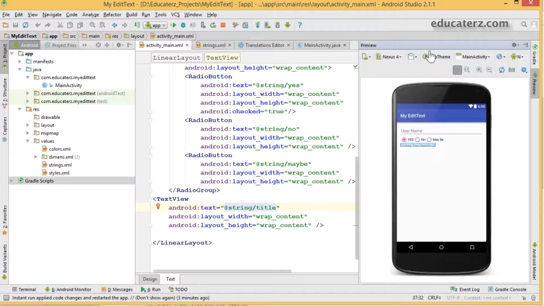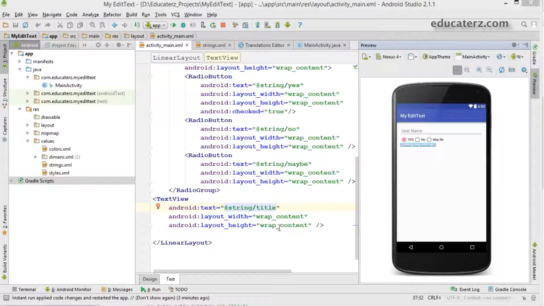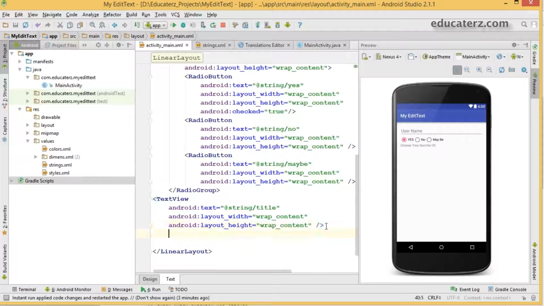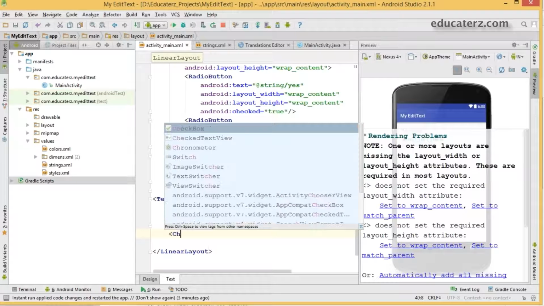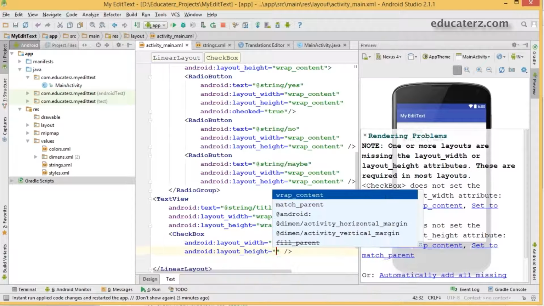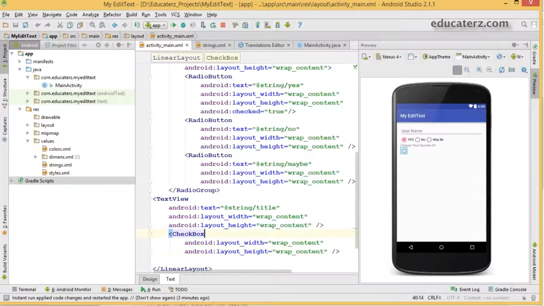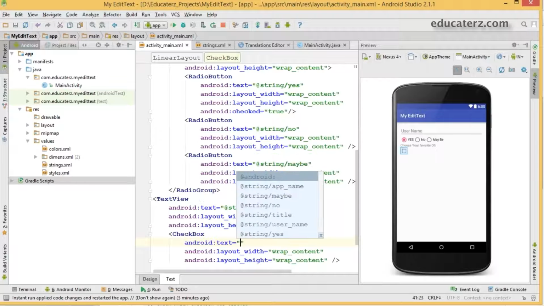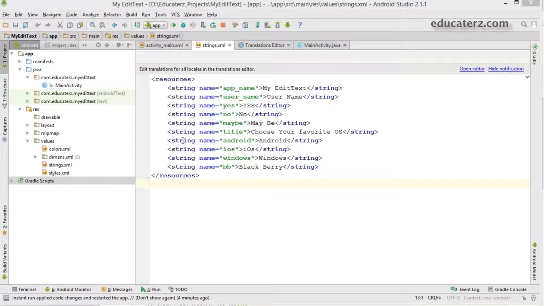In the preview you can check how it looks. And if you want to give some text formatting, you can. We already discussed this in our previous sessions. Now let us see how to create a checkbox. Open your element tag with the CheckBox element. Width as wrap content, height also wrap content. Give some label for the checkbox. It must be a string resource, and I have already created some strings for the mobile OS. Here I have already created my strings like Android, iOS, Windows, BlackBerry.